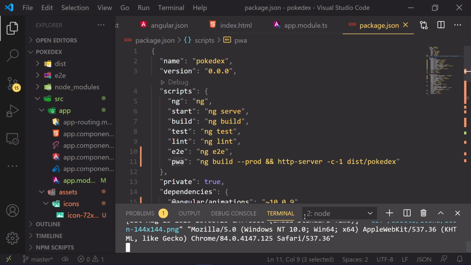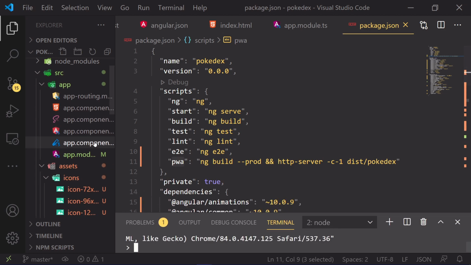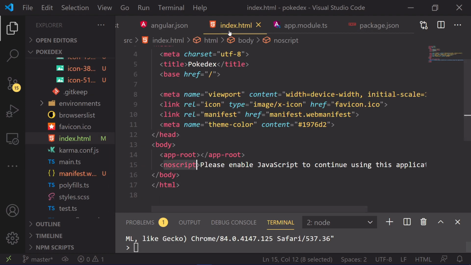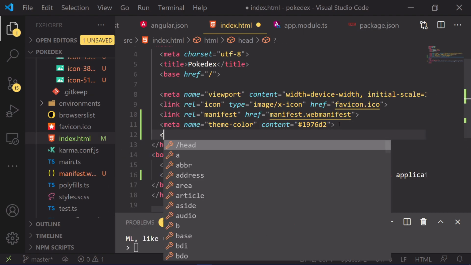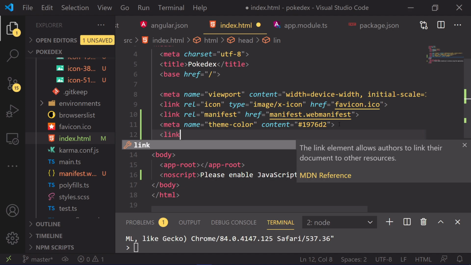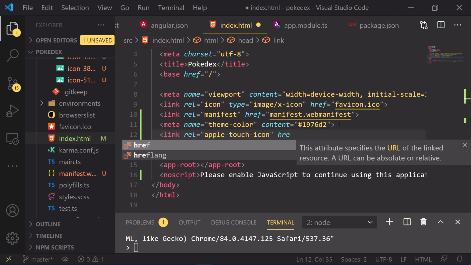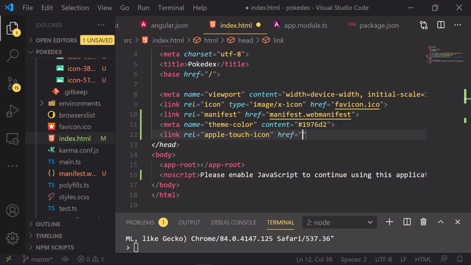For that you need to go to the index.html. Here you need to add a link tag that relates to the Apple Touch icon, followed by the file which you want to show as an icon.